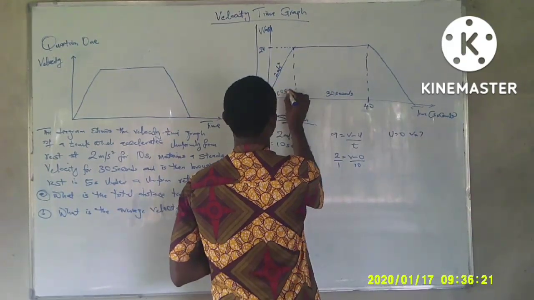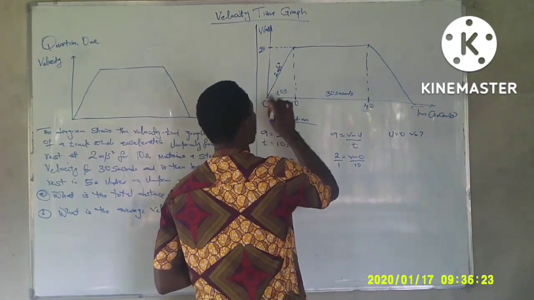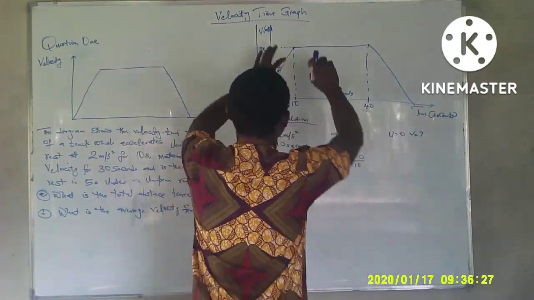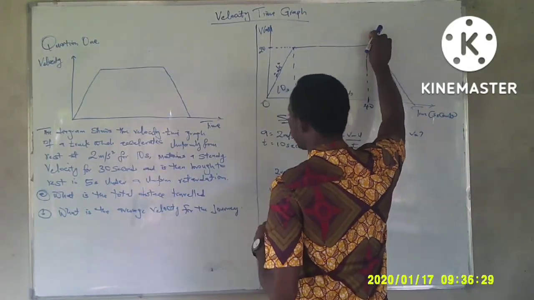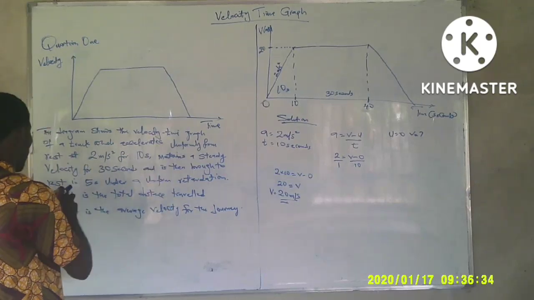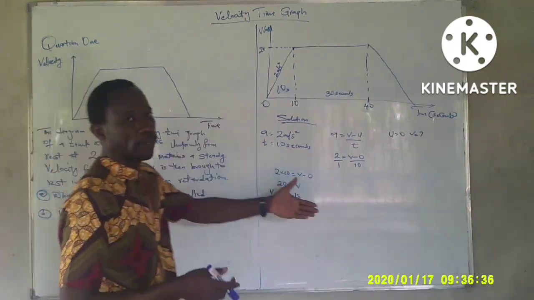So let me put my 10 seconds here. Yes, 10 seconds. So for 30 seconds, we maintain this steady velocity for 30 seconds. Now, it is then brought to rest in 5 seconds. So after maintaining the velocity for 30 seconds,